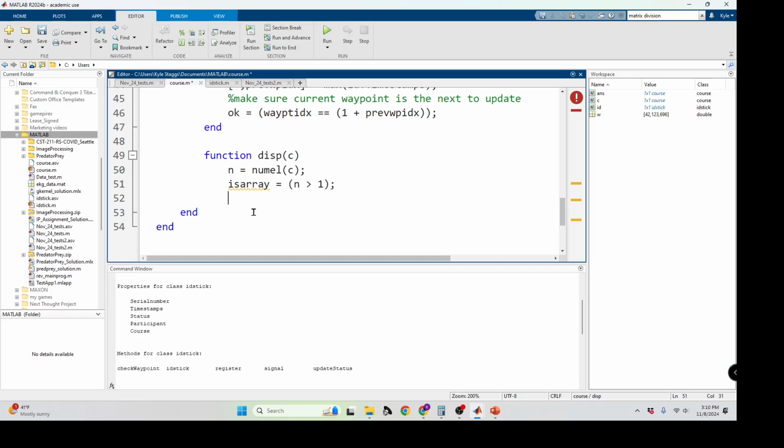So it's a Boolean, meaning if is array, now that we created that as a Boolean variable,